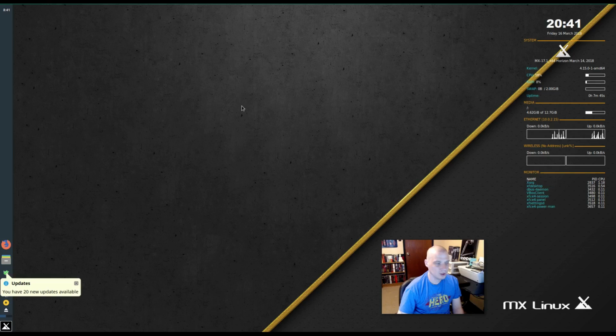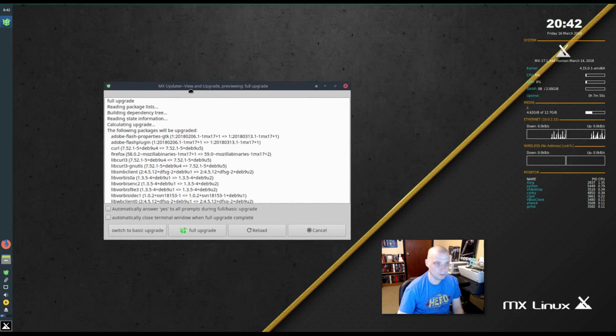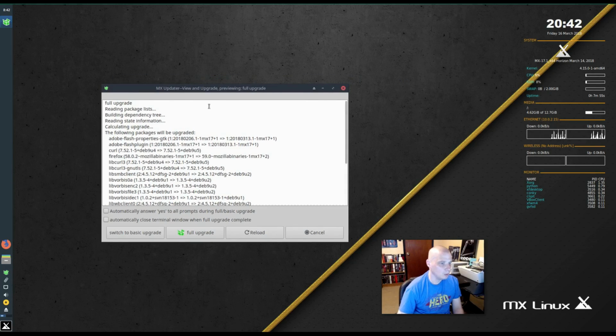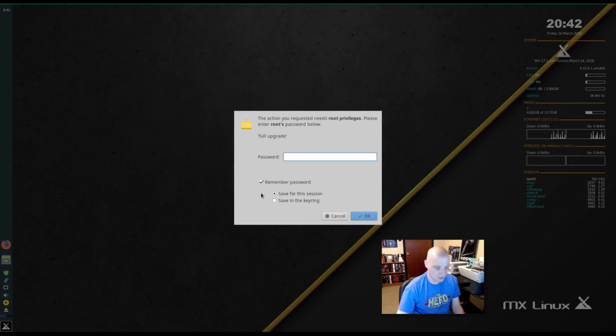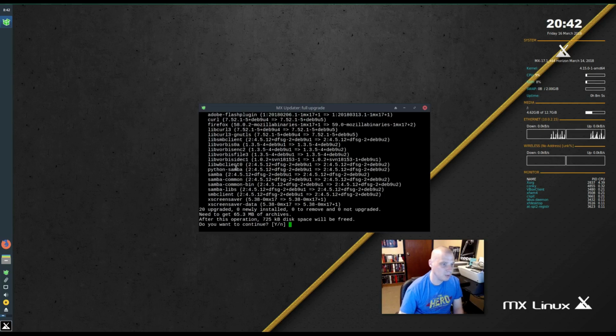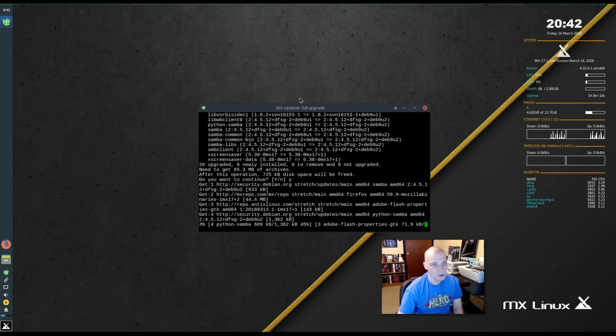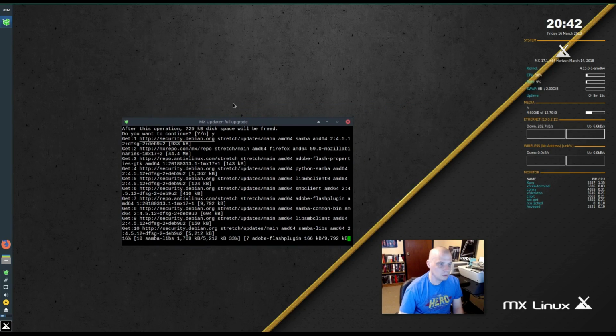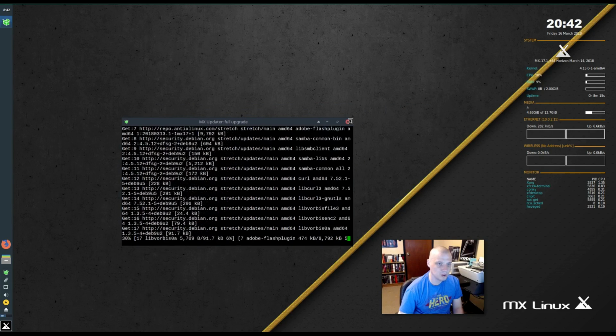This particular version of MX was released about 2 days ago, and I'm already getting notifications here that we have 20 new updates available. So if I click this, yep, the upgrade tool comes up. Do we want to do a full upgrade? I'm just going to click yes. Of course, we have to enter our root password anytime we install or remove software. Anytime you make changes to your system, you have to enter a root password. And then we get a little terminal so we can actually see some output of what's going on during the